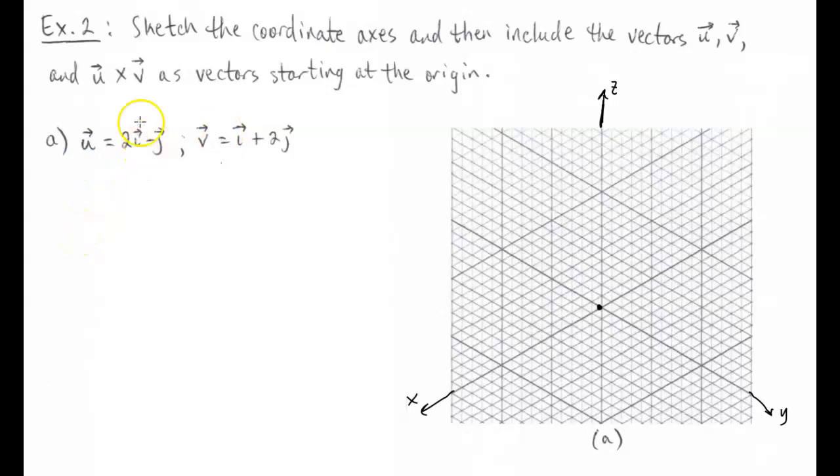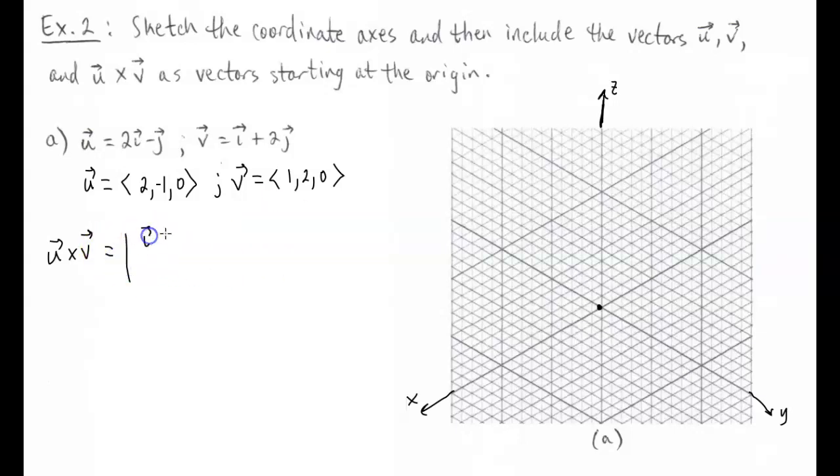v. Okay. Now, of course, vector u, if we look at this in component form, it's just 2, -1, 0. Vector v is going to be 1, 2, 0. And of course, u cross v, again, since we don't know the angle in between the two vectors, we'll just use the determinant form of it to figure out what it's going to be here. Okay. And doing this for the i vector,